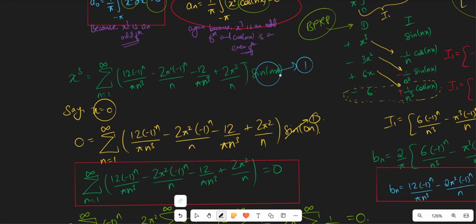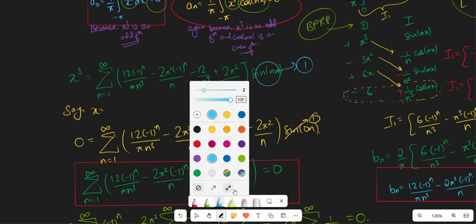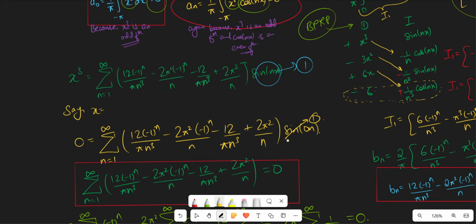Look guys, I did something wrong, I think. Wait a second guys, let me just fix it, okay? Oh yeah guys, I again made a mistake, and let me just correct it, right? Actually, it's not going to be 0, it's going to be x as pi over 2, and sine of pi over 2 is just 1, right? So wherever I wrote 0, I'm just going to replace it with pi over 2,